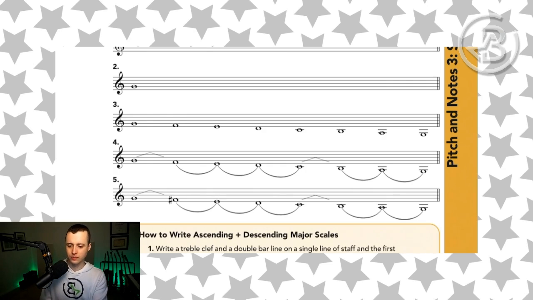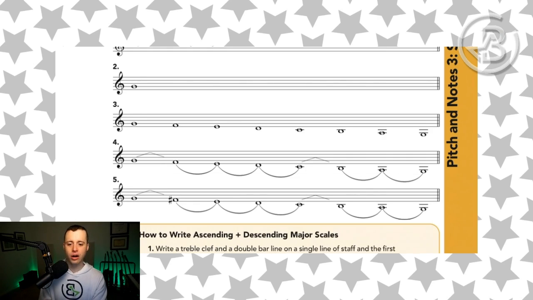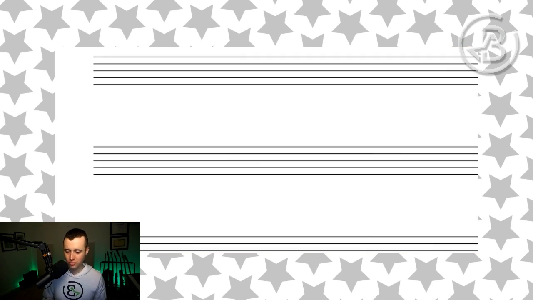So think about it this way. We have whole, whole, half, whole, whole, whole, half, because we think about the major step formula as going from low to high, not high to low. It's reversed here. If you think about it backwards, it's half, whole, whole, whole, whole, half, whole, whole, which is terribly confusing. Don't even think about it that way. Always think about it from low to high. And then our last step is to add in any accidentals that are needed to agree with the series of whole and half steps. I'm going to be writing down and talking you through writing a descending major scale for